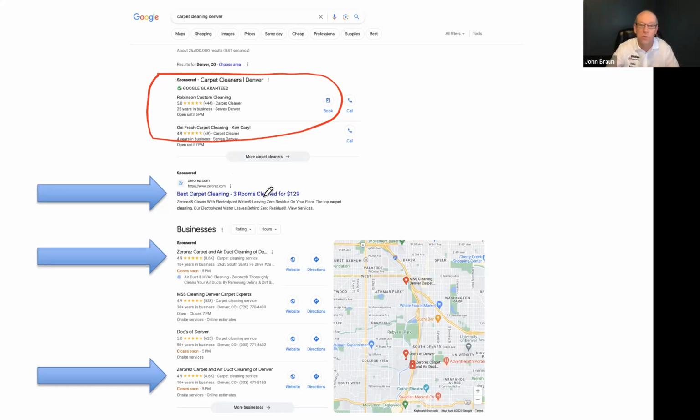There are some exclusions, right? So this is great. Now, I want you to notice this. I Googled this just before the meeting: carpet cleaning Denver. We've got Google Local up here, and we've got Zerorez showing up in a Google ad. And then we've got Zerorez showing up here too. This is probably a Performance Max ad,